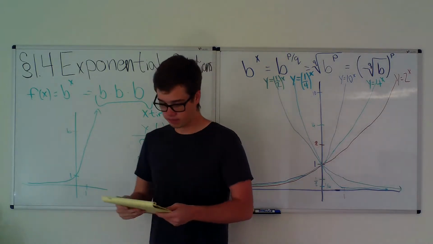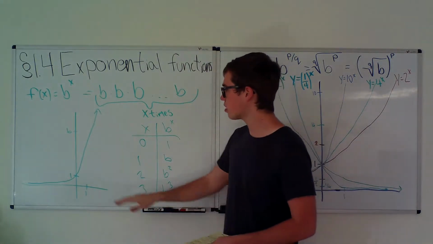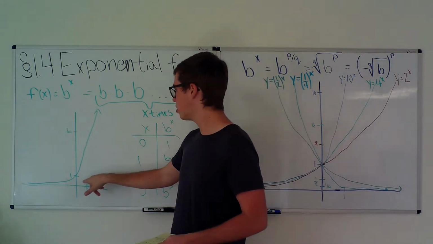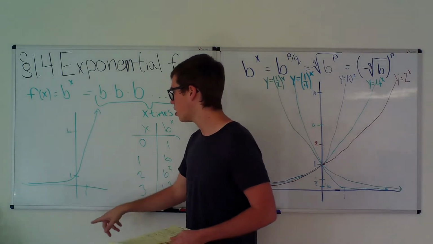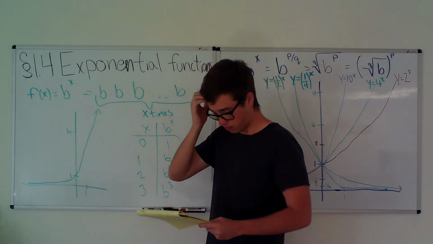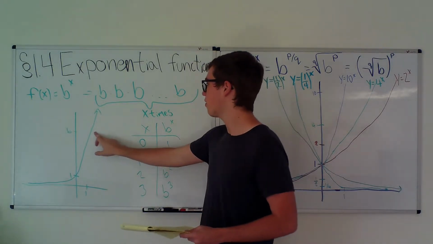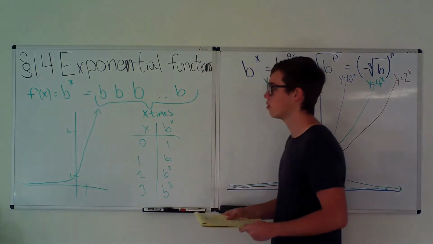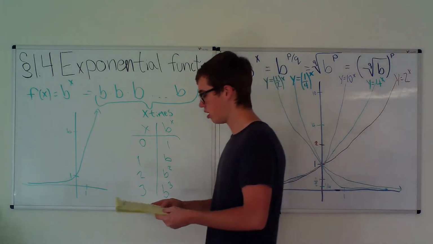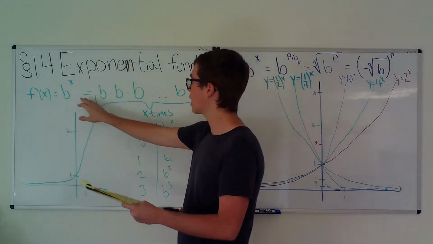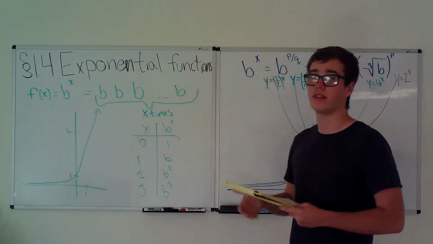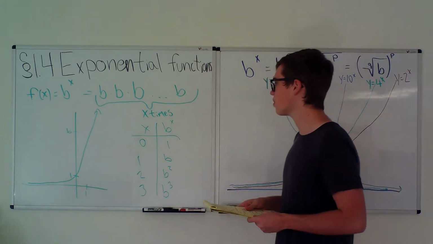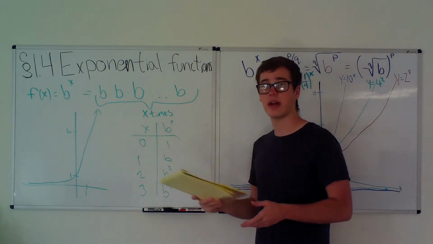is a constant. So the graph of it would look like this, where x equals 0, f of x equals 1, and where x equals 1, f of x equals b. And so you can see b to the x is equal to b times b times b, x amount of times. So now if you're to look at the table to get a little better understanding of the graph,